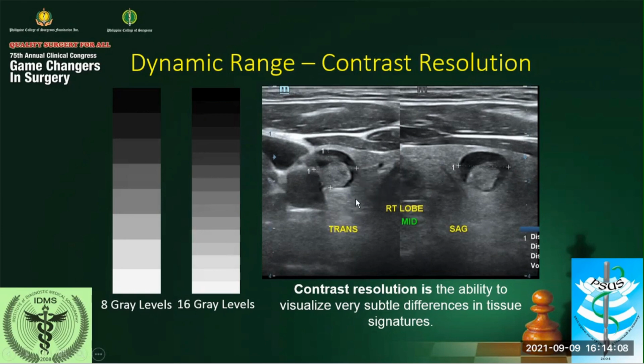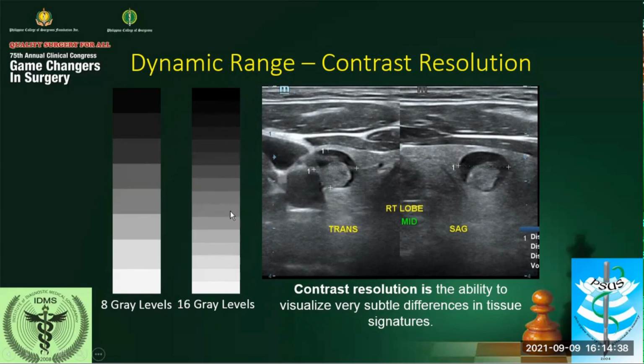And well, first, dynamic range allows you to select the number of gray levels that are displayed on the screen. That is what dynamic range does. So just a review. We all know that ultrasound machines have at least 256 gray levels. So in this illustration, here you have 8 gray levels.